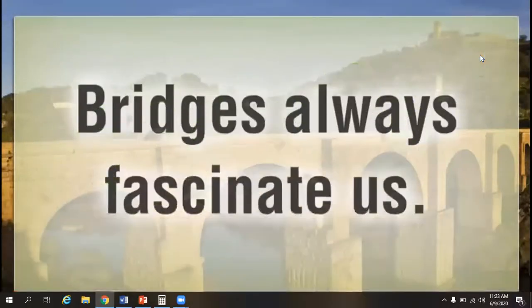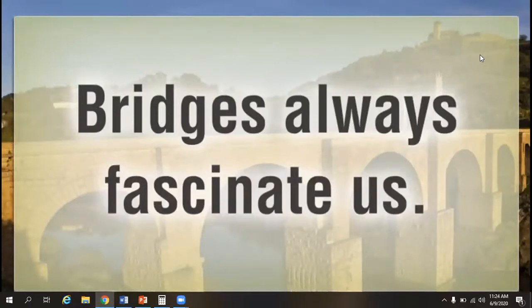Bridges always fascinate us. A bridge literally bridges or fills in the gap between two places and connects them in the most beautiful way. Don't you think so? There are many ingeniously constructed bridges in the world. In this video, we take you through the different types of bridges, and tell you about the civil engineering and